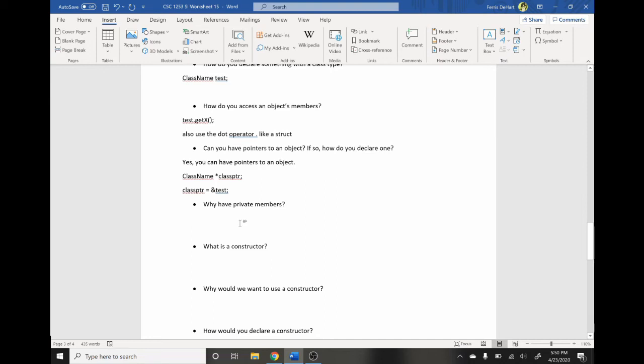Okay, so the next one is why have private members? This one is kind of like commenting, right? It doesn't seem very useful when you're working by yourself, but it's more so when you're working with other people or when you don't want somebody to change your code. It's basically trying to make it harder to change the private variables in case you're not actually